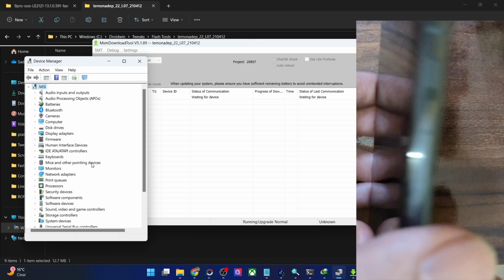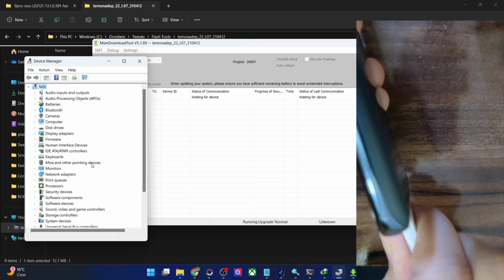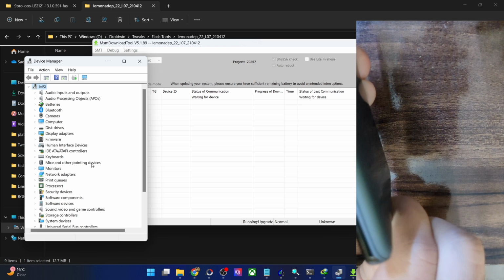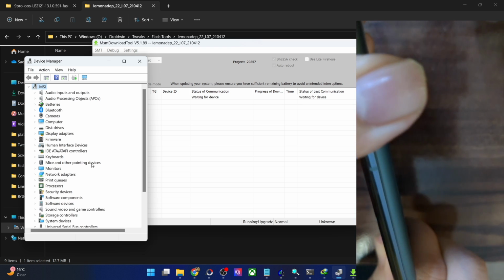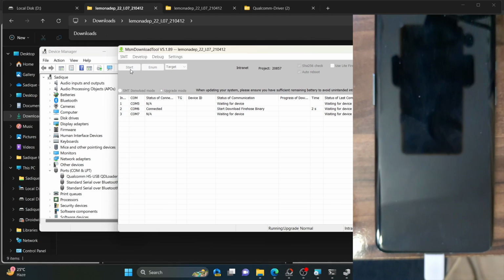So once again, let's press and hold the volume up and volume down keys and connect our phone to the PC by USB cable. Let's check out the result this time around, and the flashing will now start. So let's just verify the same and check out the result. As you could see, the flashing has now started.